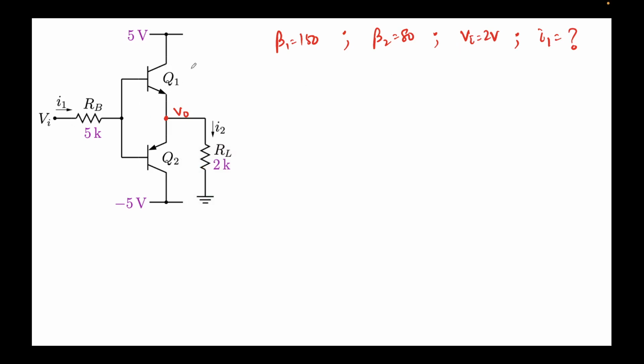As I told you, Vi is 2 volts. We'll assume that only Q1 is conducting. Okay, and then we'll try to evaluate the value of V0, and whether our assumption is even correct or not. So let's just assume that Q1 is conducting, and then so what we'll say is, assume Q1 in,